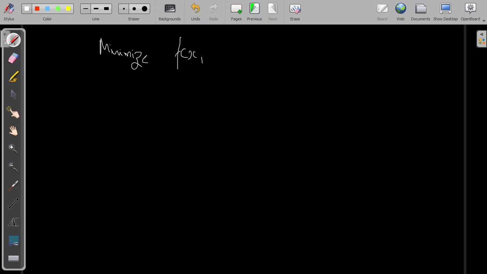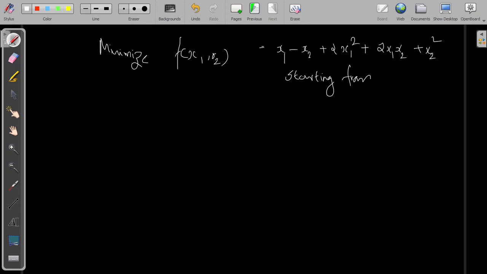The example problem is: minimize f of x1, x2 equals x1 minus x2 plus 2x1 square plus 2x1x2 plus x2 square. And he has given the initial point, starting from the point X1 equal to 0, 0. Okay, so iteration step 1: you set i equal to 1, that is iteration 1, and you have